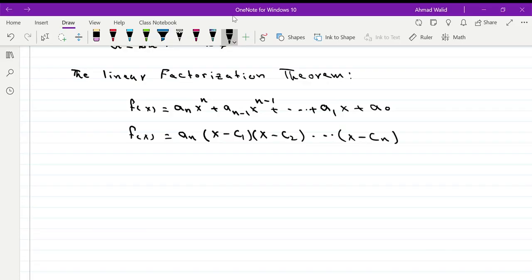If you have a polynomial function, you can write it as factors